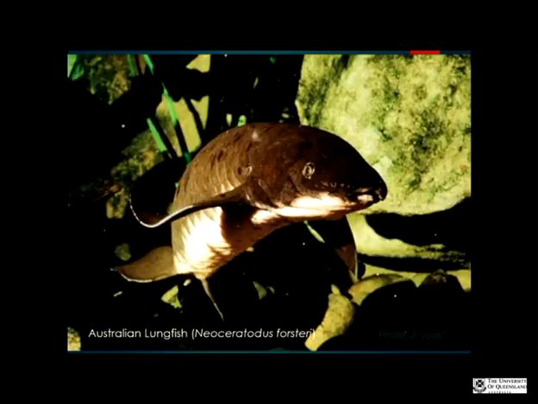And this is the Australian lungfish here. It's not the most attractive creature in the world. You know, it's much harder to launch a campaign for a rather unattractive creature like that, but they're quite limited in their distribution, and the dam was going right in the middle of the river that they had their limited distribution up and down, and so that was the main reason why the challenge was brought.